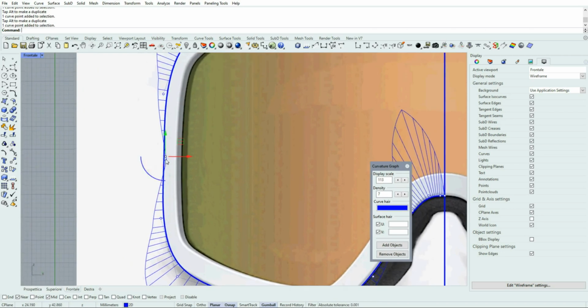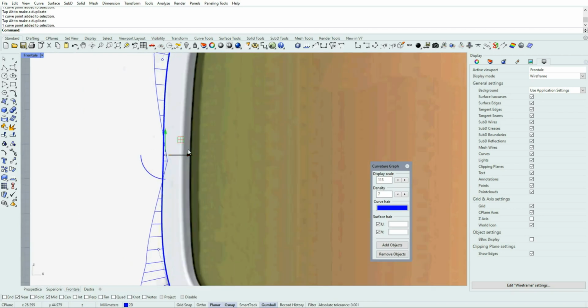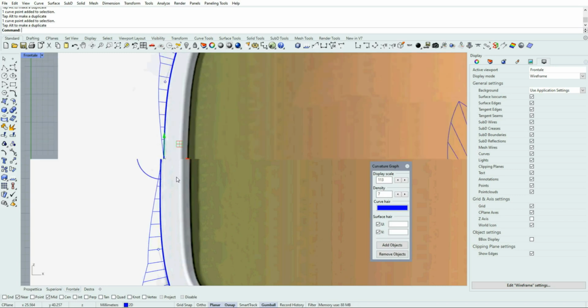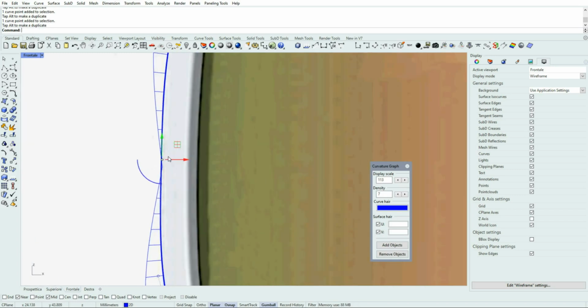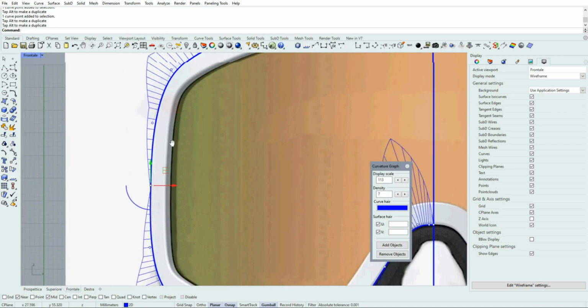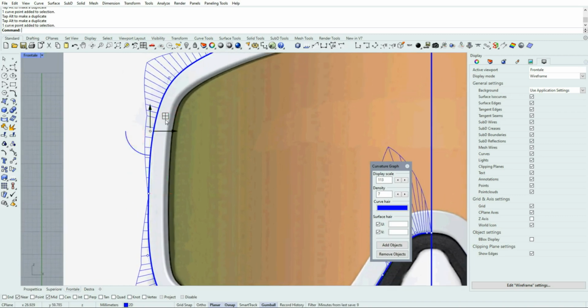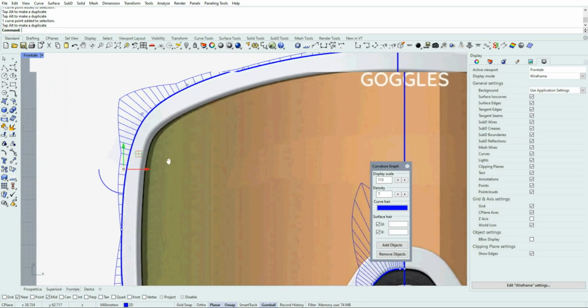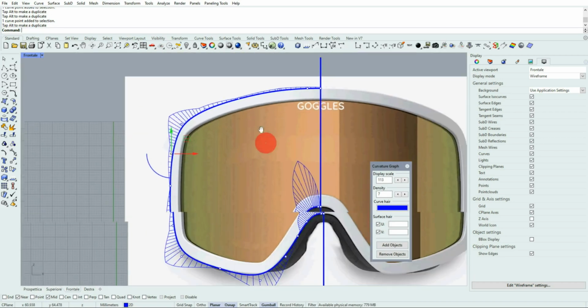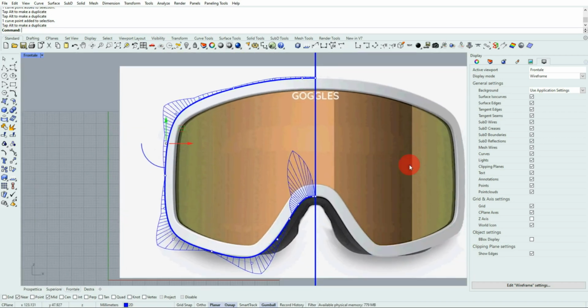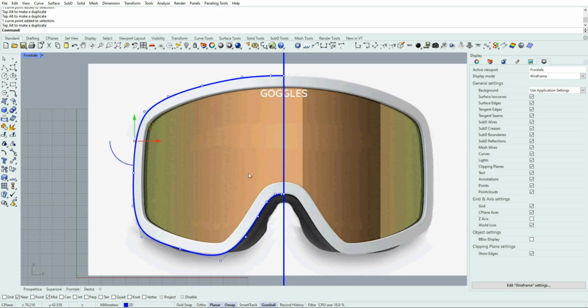Okay, as you can see here, for instance, there's a flexion inside, and this is not really good. This is kind of ugly. So if we move the point out, the curvature tends to be flat, because in this part it's almost flat, but not flexed. There's no inner flexion. Okay.